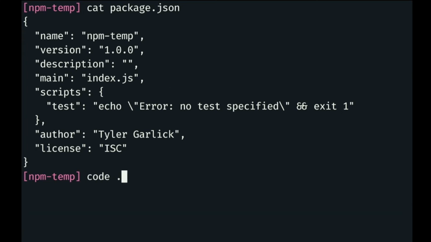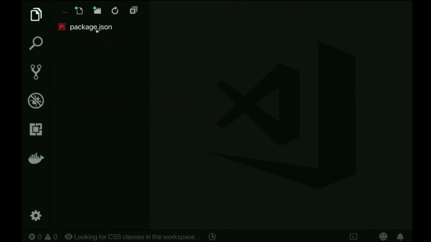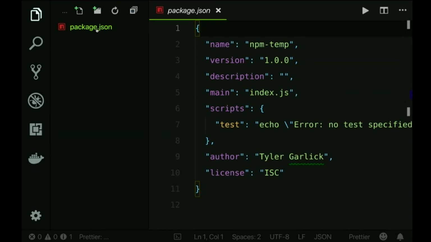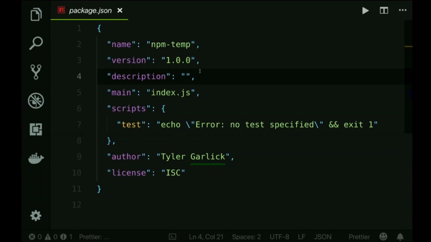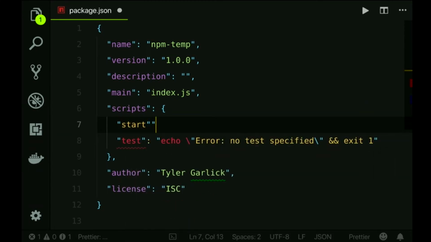So let's make it a little bit nicer. I'll just crack open code here. You can use whatever editor, it doesn't matter. You can even edit this inside of TextEdit, but I would recommend a real editor. I chose to use this editor because it's free and it's pretty good. If we wanted to create a script that is executed when we say npm start, we could provide